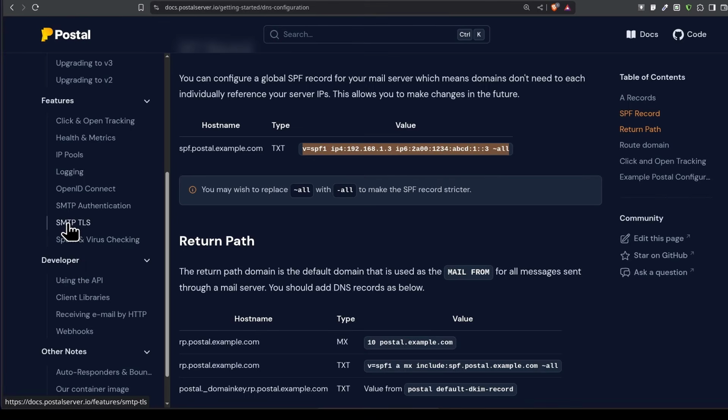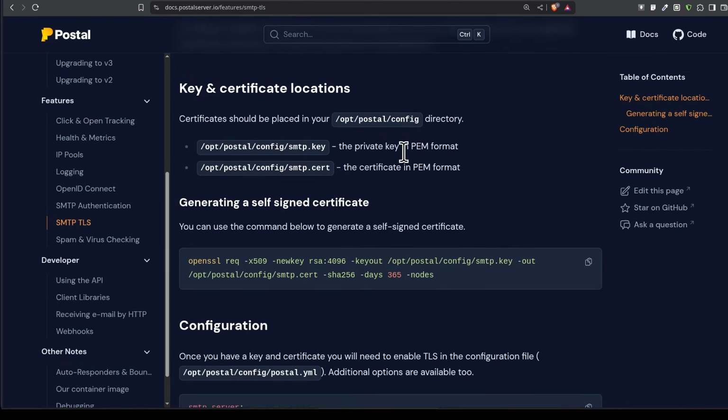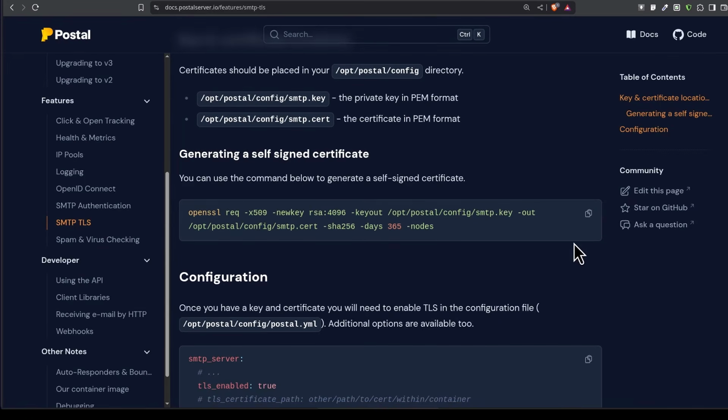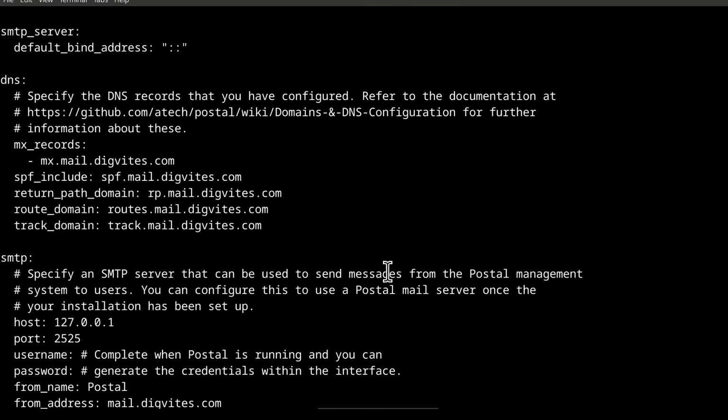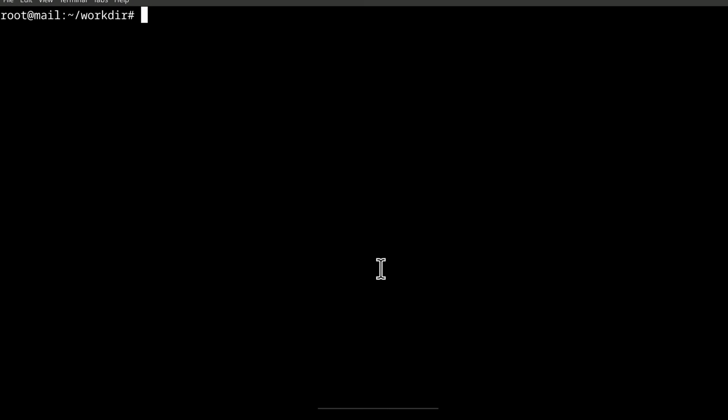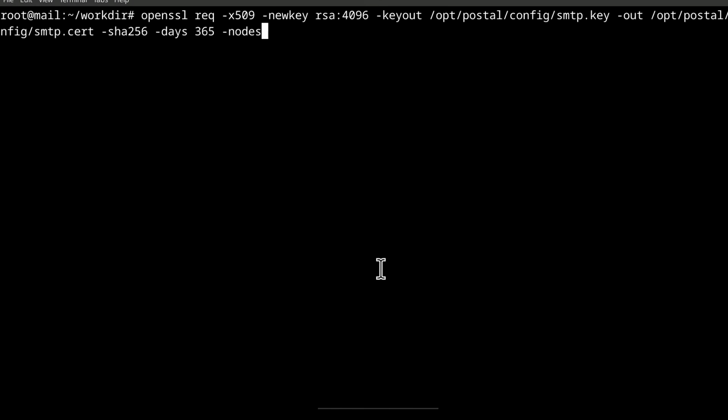So click there on SMTP TLS. And I don't want to use the certificate. I'll just generate a self-signed certificate. These are machines talking to each other, so it doesn't really matter the certificate I use. Control-Shift-V to generate a certificate, and I can even make it a certificate valid for 10 years. So I'll enter.